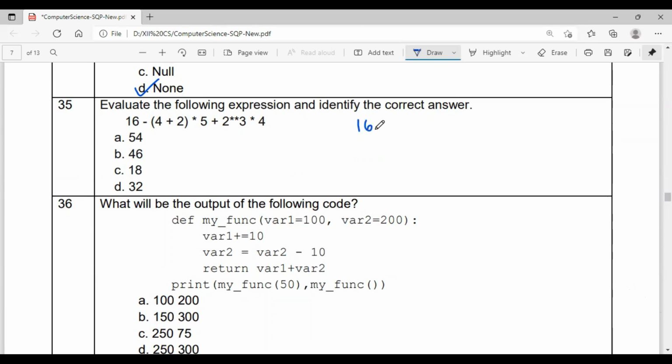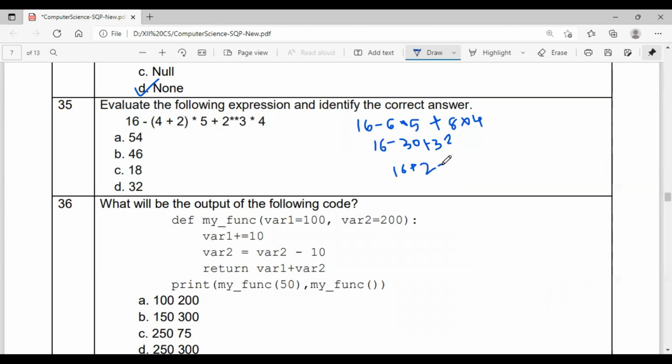The bracket should be evaluated first: minus 6 into 5, then plus exponent. 2 raised to 3 is 8, into 4, so 32. Then 16 minus 30 plus 32, that is 16 plus 2, how much? 18.